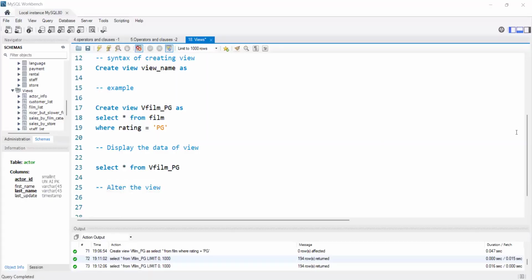For now I created one view here. Let me alter that view. I already used PG data inside that, so maybe I now want to add some more along with this data. So what I will do, I will simply say alter view, view name. This is the syntax we need to follow. Alter view name as,